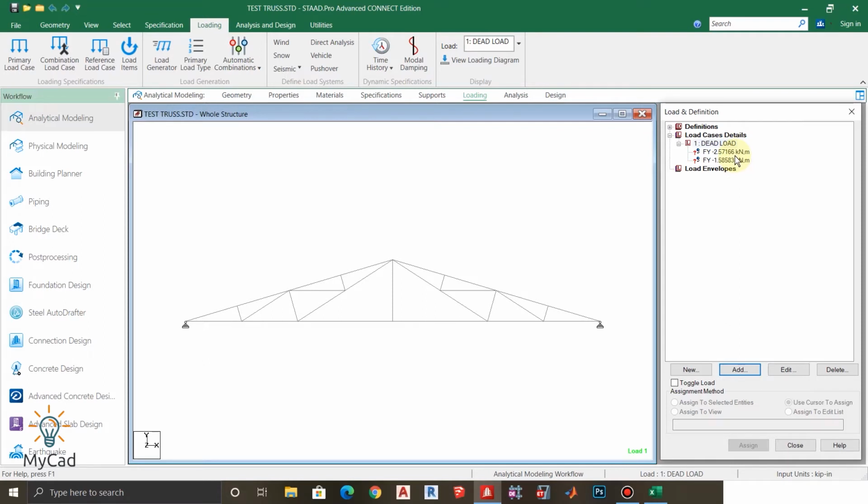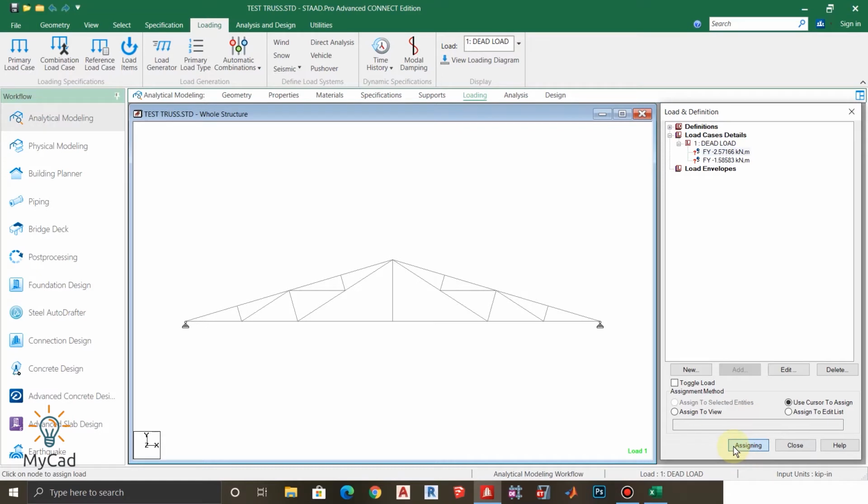Now I'll first assign our minus 2.57166 kilonewton load. So to assign that, I'll first select the load, and here select the use cursor to assign option, because this load will be applied in some particular nodes. After selecting that, just click on assign, and you can see our assign word has now become assigning.